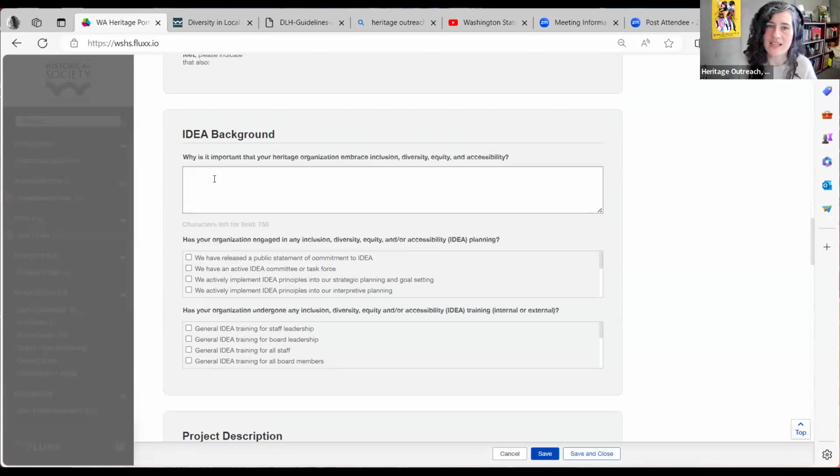All right, so now we're digging into the inclusion, diversity, equity, and accessibility specific parts of the grant project in this section of the application. So we're asking, generally, why is it important that your heritage organization embrace inclusion, diversity, equity, and accessibility? And I will just say here that this is a great moment for you to take a look at how we define inclusion, diversity, equity, and accessibility in the guidelines, especially if you're trying to get some ideas about how to answer this question.